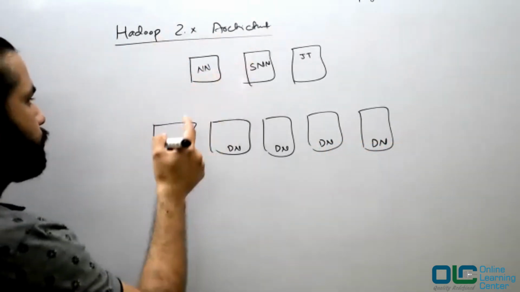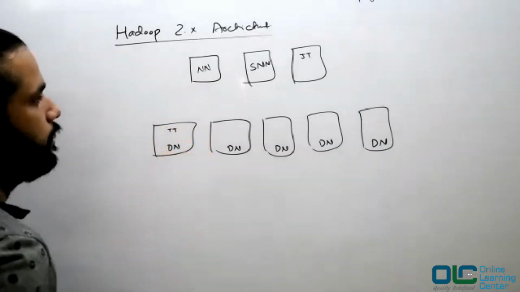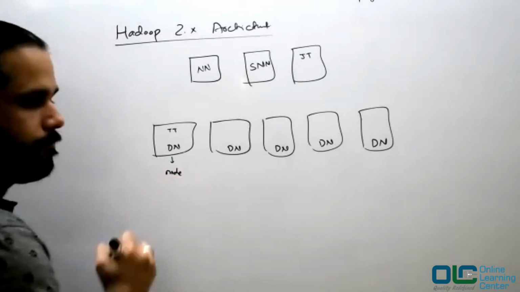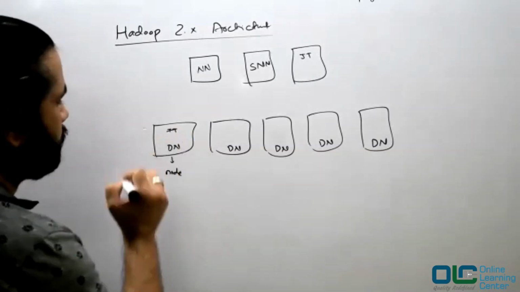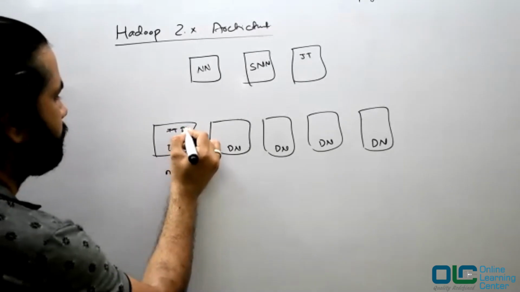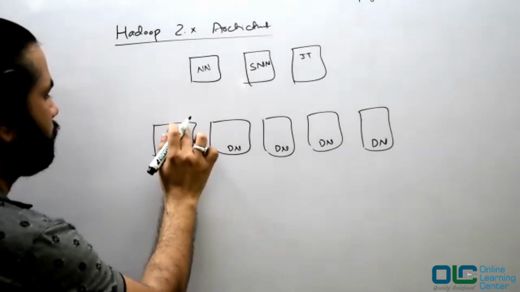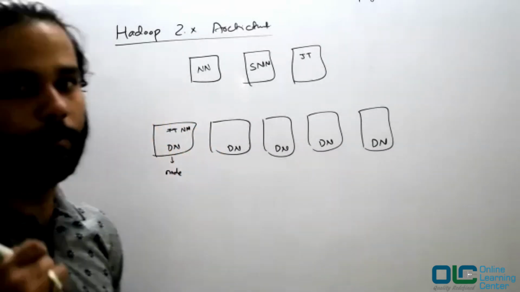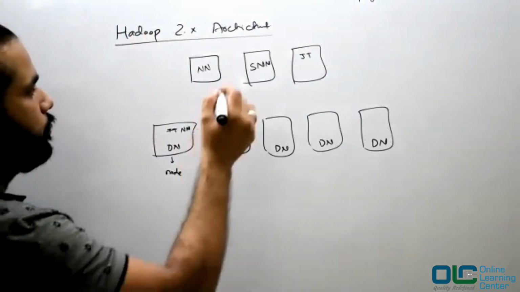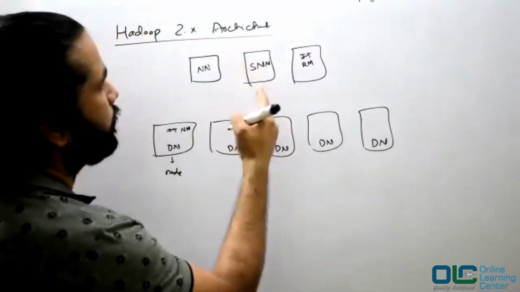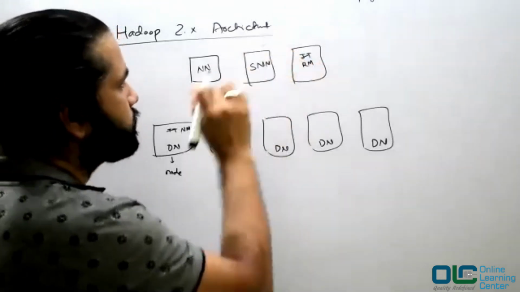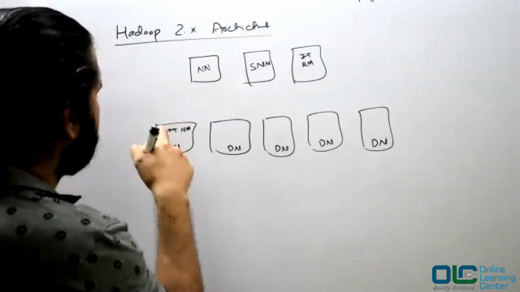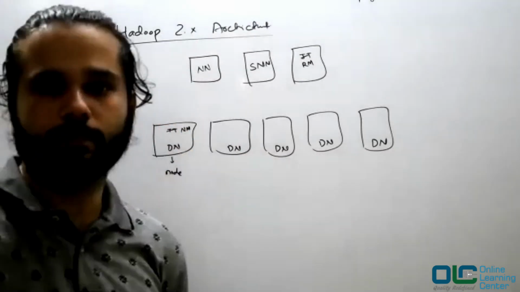Now earlier you used to have job tracker and task tracker here, right? But now see, this is a node, right? So now you don't have a task tracker. You have node manager. Every node has a manager, node manager, a process. Now you don't have a job tracker here, so you have something called resource manager here. So instead of job tracker, you have resource manager in this case, right? Now here, in case of your task tracker, you have a node manager in this case.